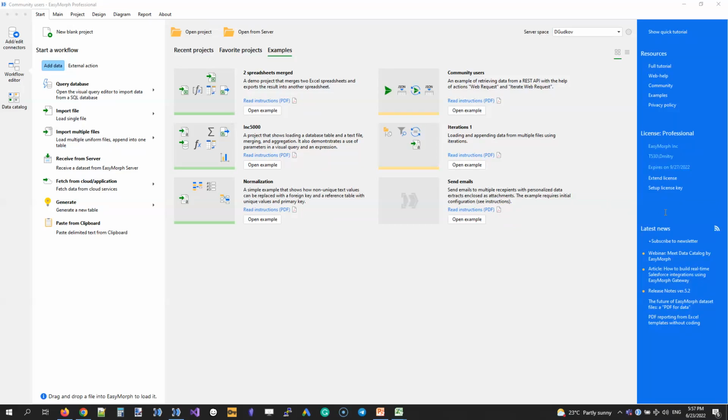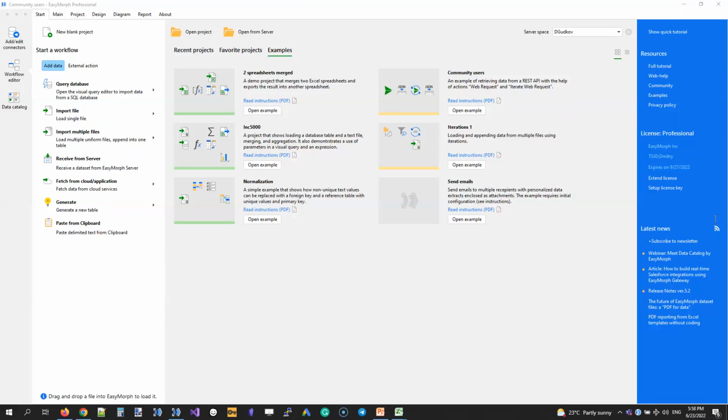They can already use the catalog, so there is no extra fee to pay. If you have EasyMorph server and you have professional users, they only have to be managed by the server and not from a static license key. So this is already available.